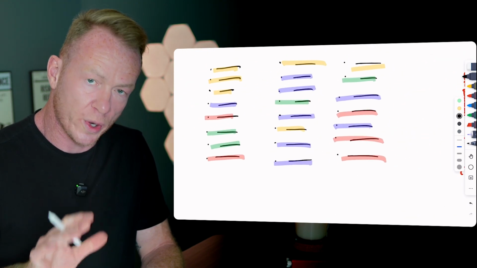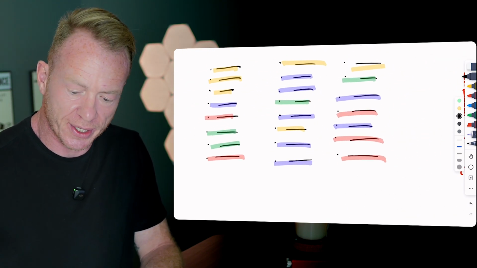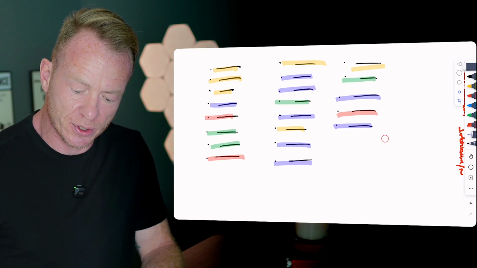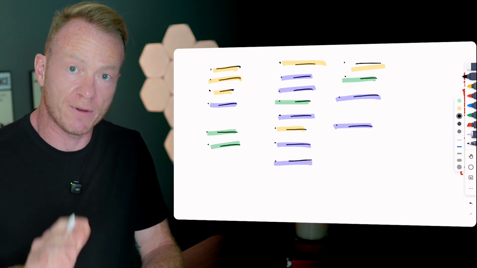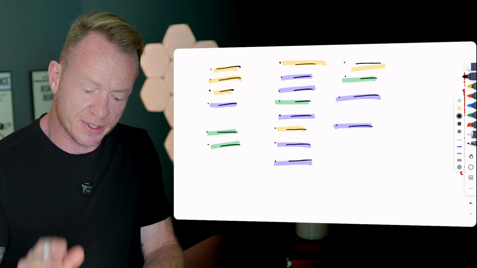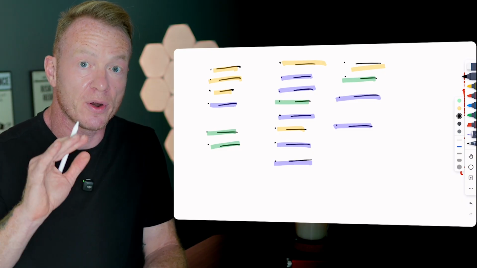I don't care which quadrant it falls in. Well, honestly, apart from the ones that we're going to delete, you can just get rid of those out of your business, right? Get rid of those. But I don't care which quadrant it falls in. If it's do, decide, or delegate, you want to create SOPs for everything.